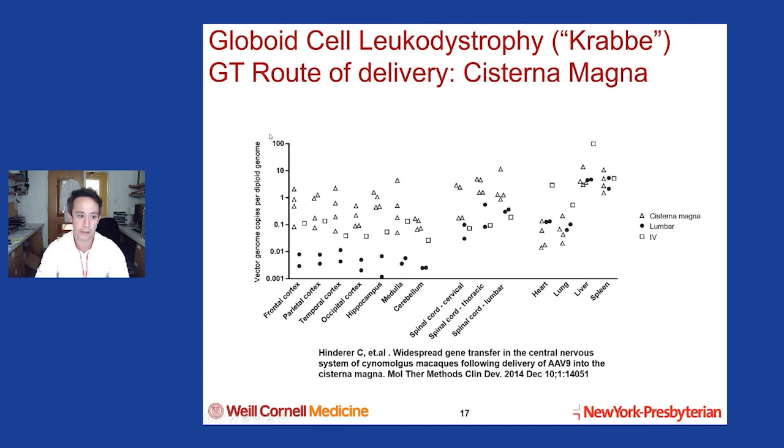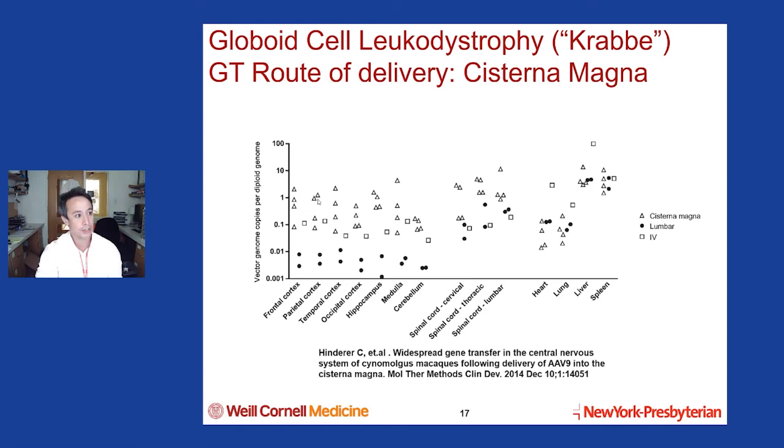And if you look at vector genome per diploid genome of the host across the brain and the spinal cord, you can see the triangles float up higher, indicating that intracisterna magna delivery of AAV has more widespread distribution of vector,